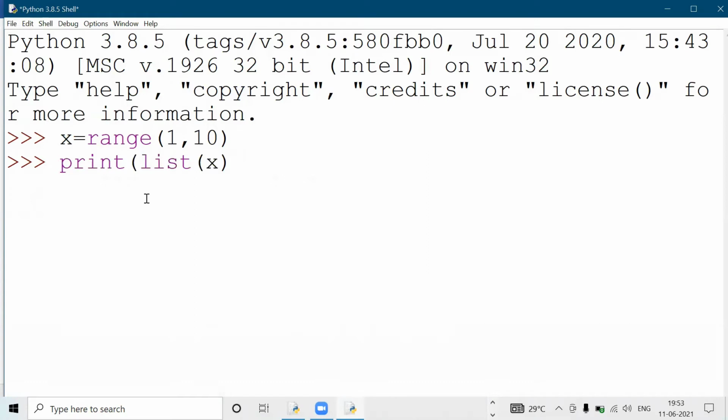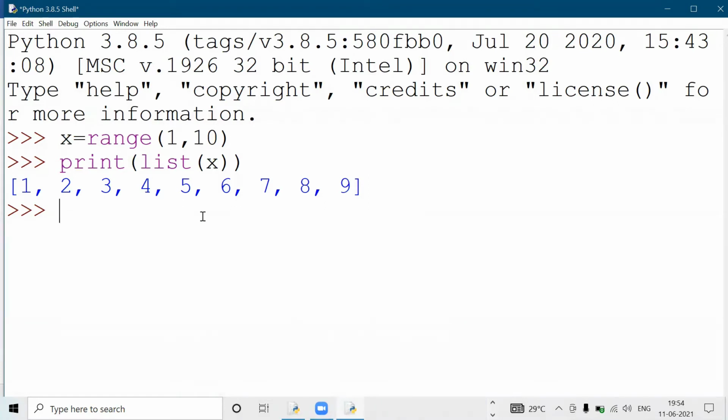You cannot directly use the variable x to print the values from 1 to 10; the variable x should be converted into a list. It has given me the values 1, 2, 3, 4, 5, 6, 7, 8, 9. As we discussed in our previous videos, the range gives output up to n minus 1, that is, it displays values until n minus 1. So this is the use of range.